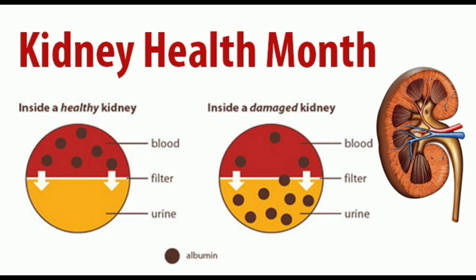Exercise regularly. Regular exercise should help lower your blood pressure and reduce your risk of developing kidney disease. At least 150 minutes, 2 hours and 30 minutes, of moderate intensity aerobic activity such as cycling or fast walking every week is recommended. Be careful with painkillers. Kidney disease can be caused by taking too many non-steroidal anti-inflammatories (NSAIDs) such as aspirin and ibuprofen, or taking